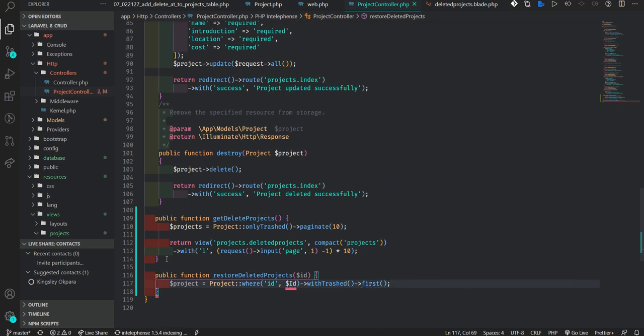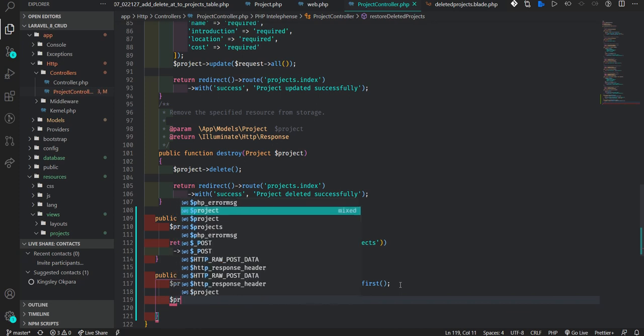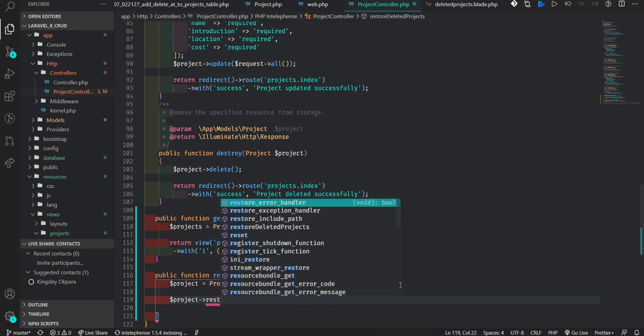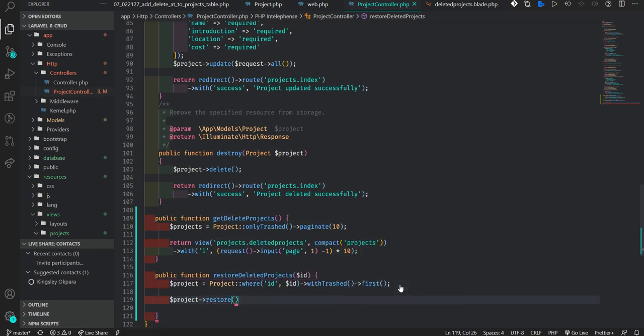So by the time I get the first one, something is wrong here. Okay, I used a capital letter while the other one is a small letter. Thank you for my intelligence that pointed it out. So what will I do? I will use restore. Now, once I get that project, that very project I want to restore, I'm going to call the restore function.